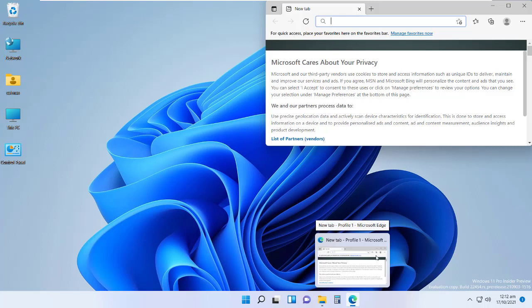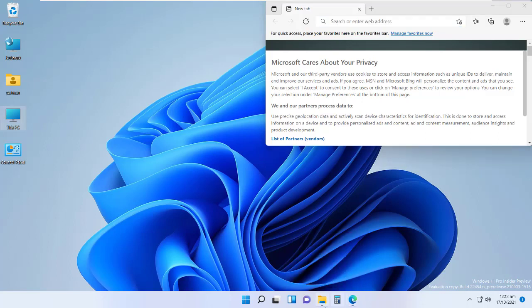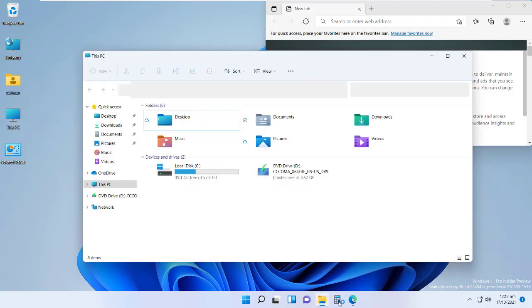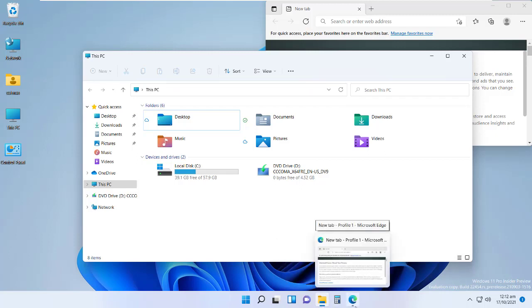It means it is open and active. There is also a bar in Explorer, but the size is very small. It means it runs in the background, and if I click on that, the bar size will increase. That means it will be active, and now the Edge browser is in the background and inactive.